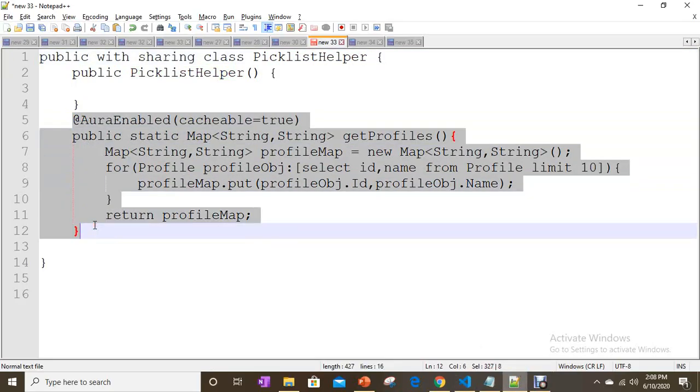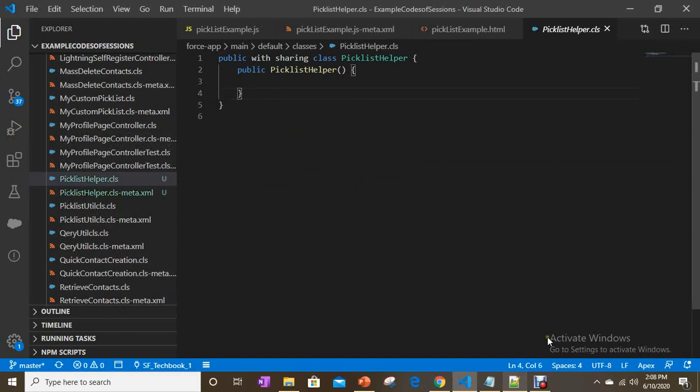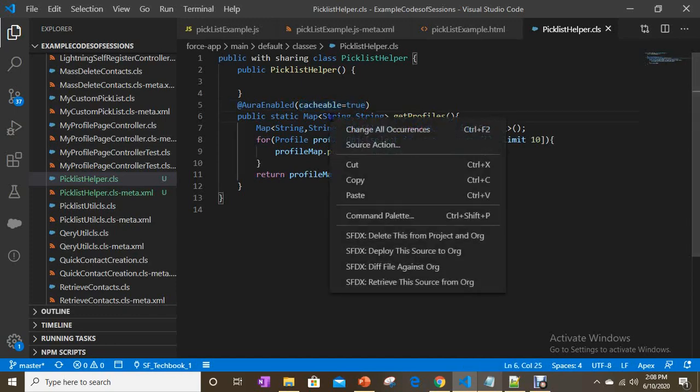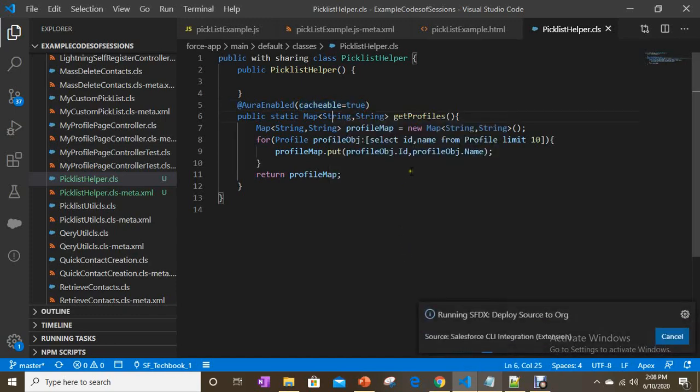As usual, to make a method available for Lightning Web Component, you have to annotate that method with the AuraEnabled annotation. And if you want to invoke this method with a wire, you have to set cacheable true. Simply, that is what you have to remember.